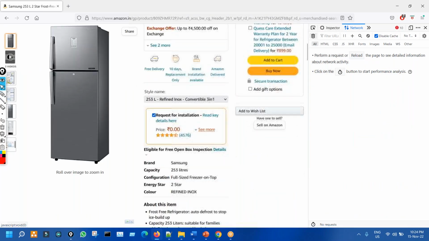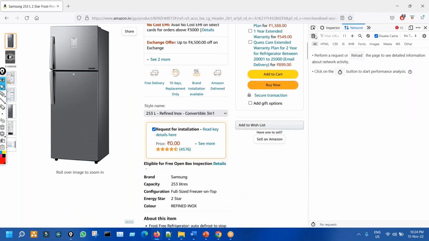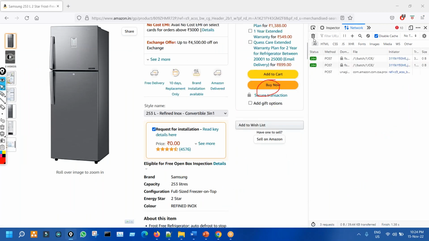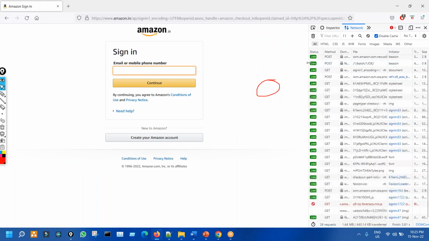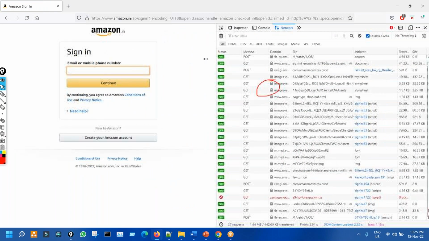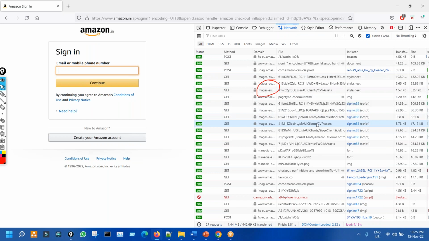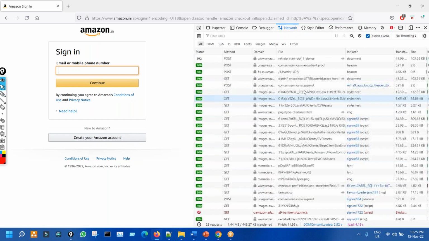Now suppose again one more thing. I want to add it to cart. So another one more transaction I want to do, or I will click on buy now. Okay. So I'll just click on buy now. So when I clicked on buy now, again two requests got generated. One is this and another one is this, two requests. Okay. What are two requests we'll see later on, but for now understand that type is document means it's a